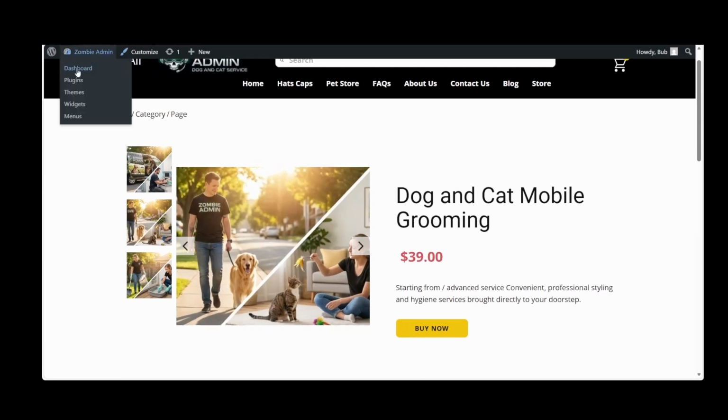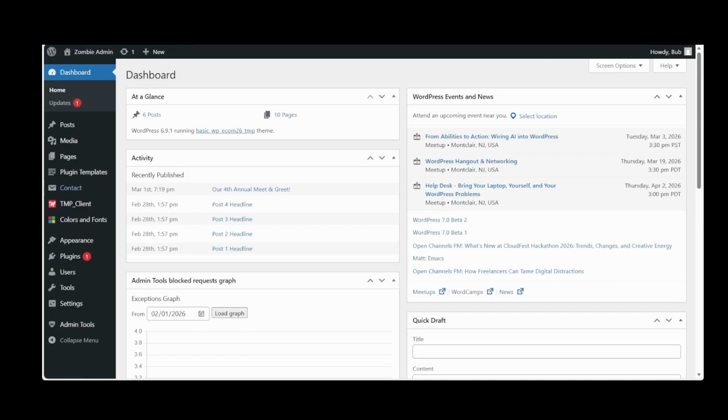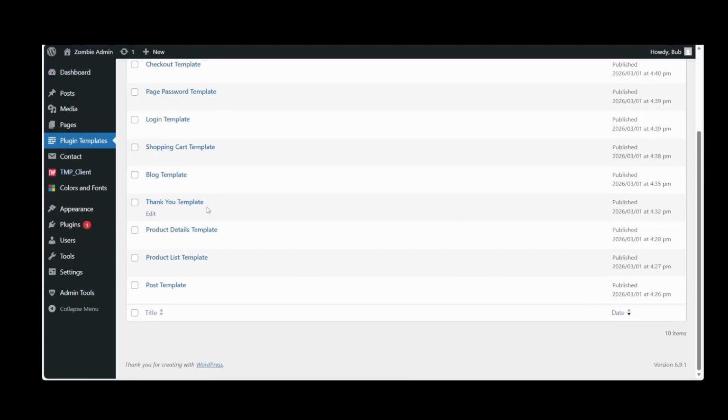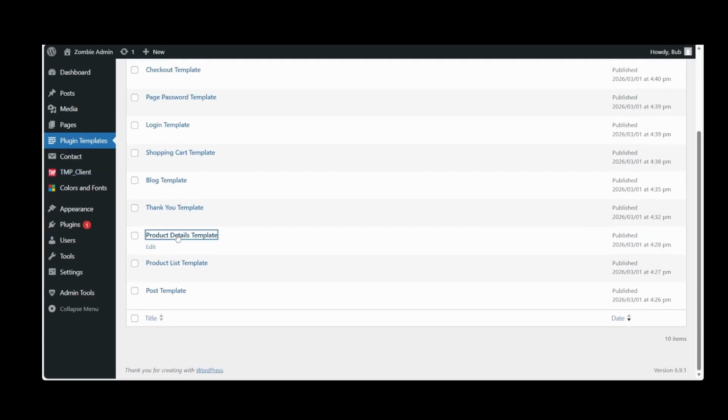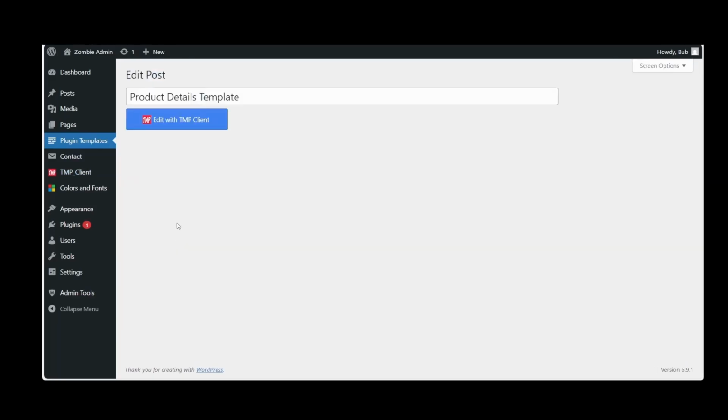Let's go to dashboard. Plugin template. From plugin templates, we'll go down to product detail template. We're going to edit. And I'm going to rearrange the slideshow.